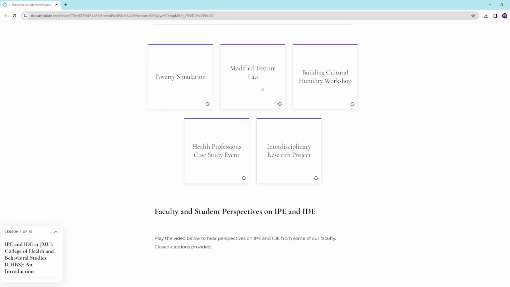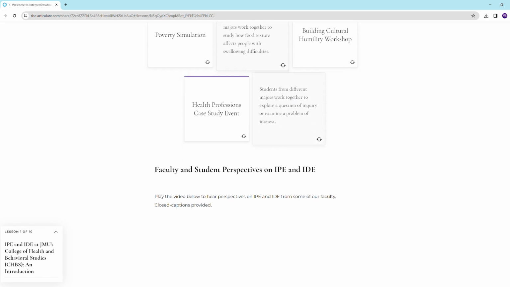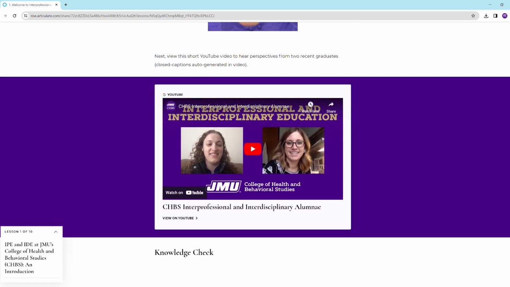It was great to have the comprehensive IPE and IDE modules for my students to interact with so they could learn the competencies rather than having them read a formal document. It was apparent also that when they were done, they had really gained a greater depth of understanding with the competencies and that they had started to appreciate the knowledge and skills needed to be effective when working with interprofessional